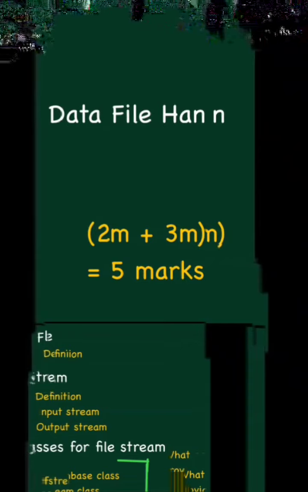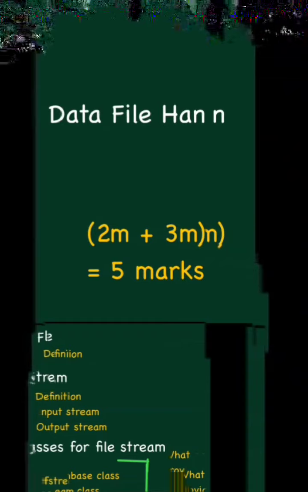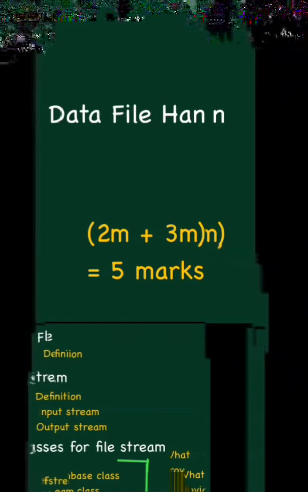Then, input and output operations on text files. We already know that there are 2 types of files, text files and binary files. We have to study the member functions which belong to text files, and the input output operations which belong to binary files. Regarding input and output operations on text files, we can concentrate on the get function, getline function, and put function. There also we have to learn what each does, its syntax and some small examples. According to the syntax you just write the example.